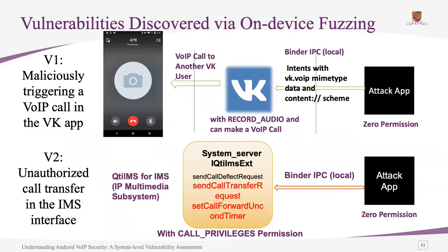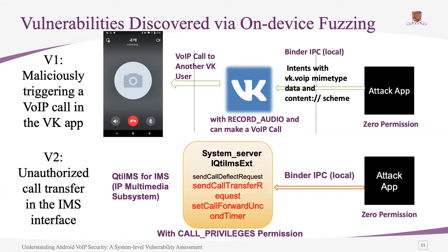First, on the vulnerabilities discovered through on-device fuzzing, the first vulnerability V1 is on maliciously triggering a VoIP call in the VK application, which is a popular VoIP application. Because our intent fuzzing didn't identify any vulnerabilities in the system application, we use a third-party application to demonstrate the effectiveness of our methodology. In this vulnerability, our attack app with zero permission can send a malicious intent to trigger the VK application to launch